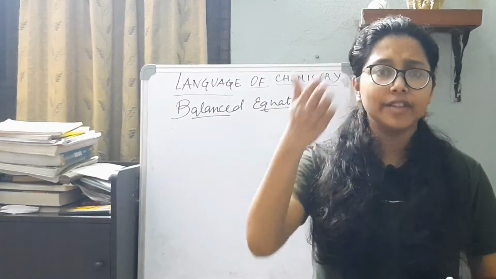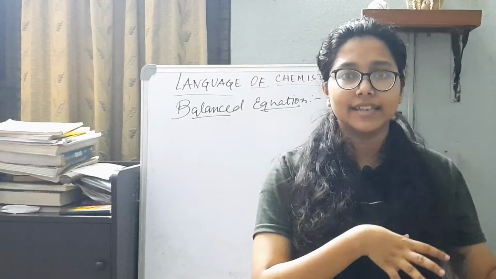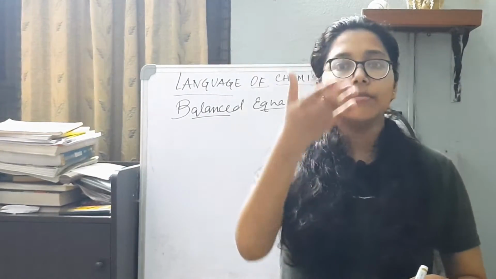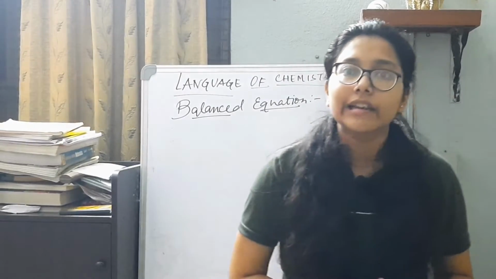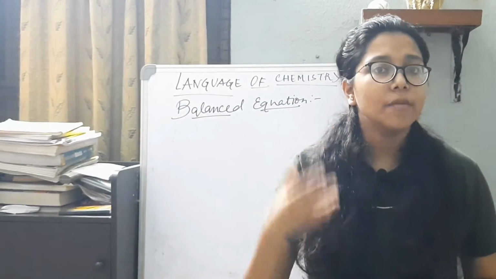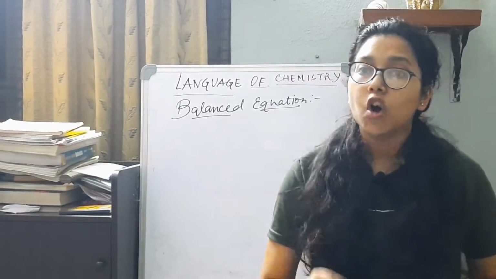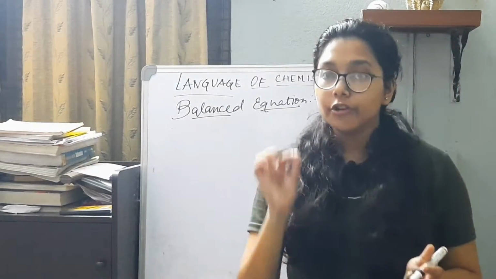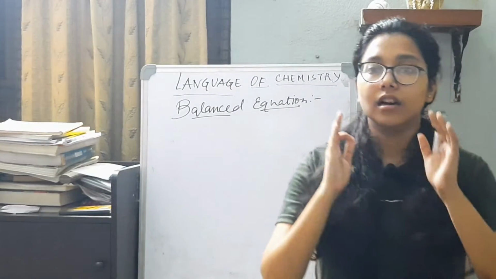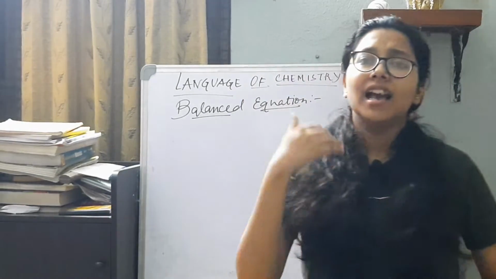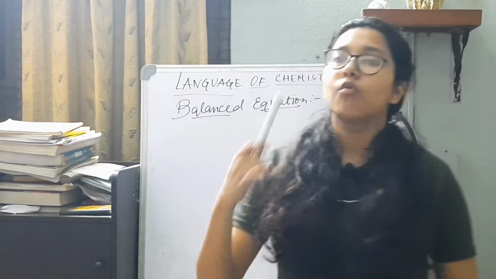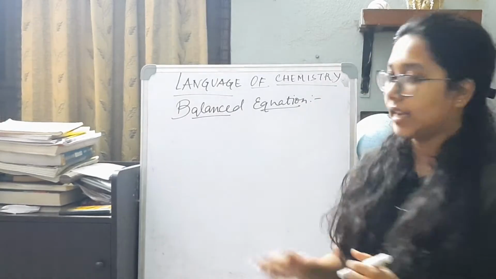It cannot happen all of a sudden that the number of atoms on the reactant side is less and the number of atoms on the product side is more. That would imply that atoms have been created or destroyed, but that never happens. Atoms can neither be created nor be destroyed. So to validate that, it is very essential that we balance the equation. So let us begin, and from time to time, with several balancings, you will understand the tips that I keep sharing. So let's start.